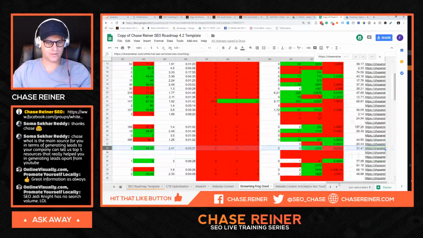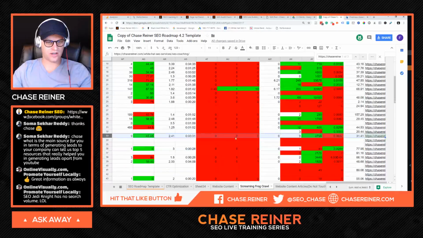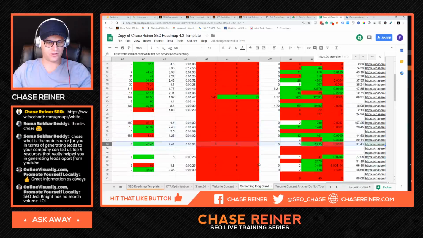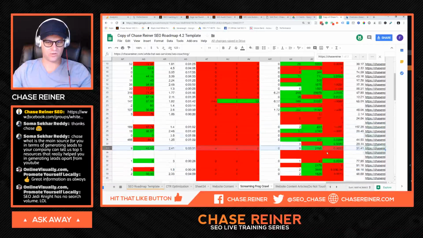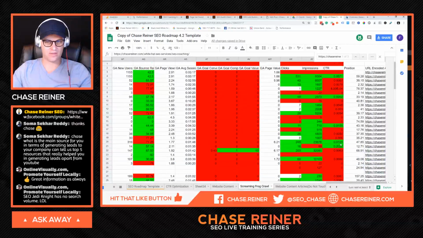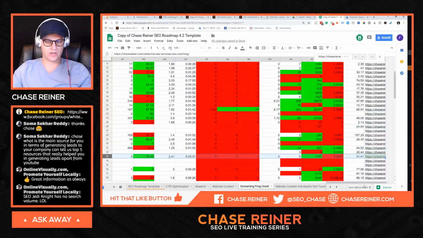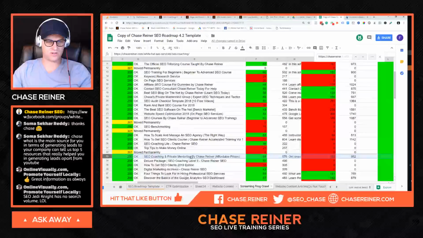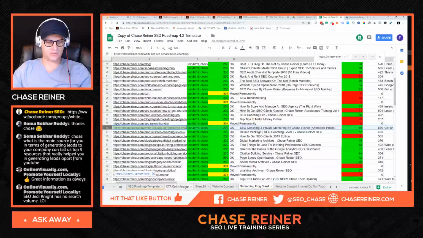And then here's all the Google Analytics stuff. So conversion values haven't really been set up for the page, which means we're either not tracking it or it's just not driving any, and we need to see why. Clicks are low, so there's only 9. Impressions are high, and then the click-through rate is low as well. So again, by having all these different things, I'm going to be able to get a large, in-depth look